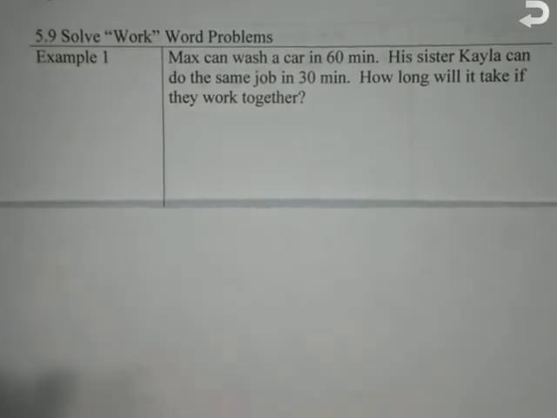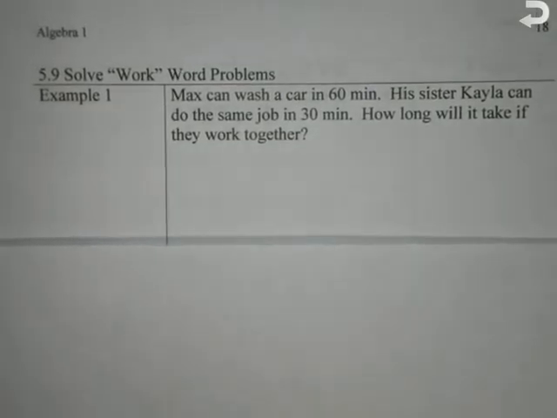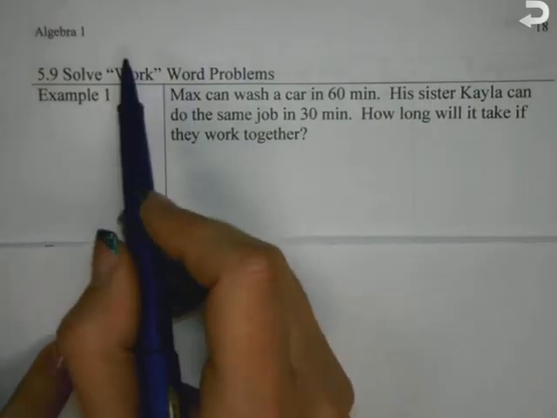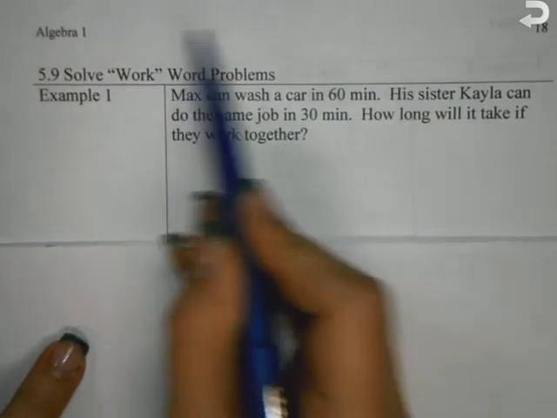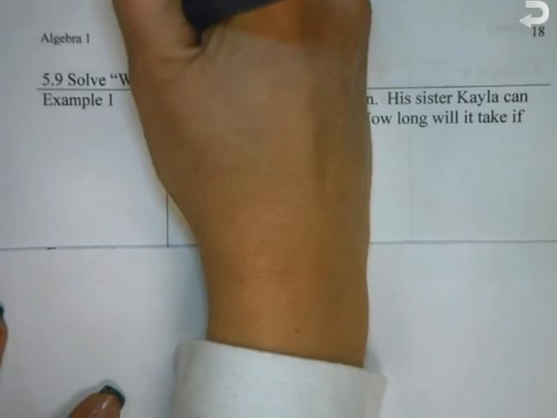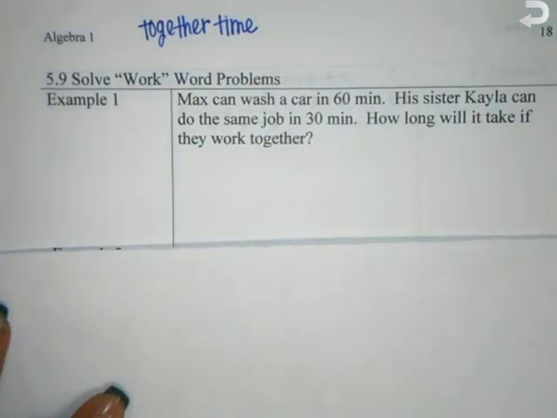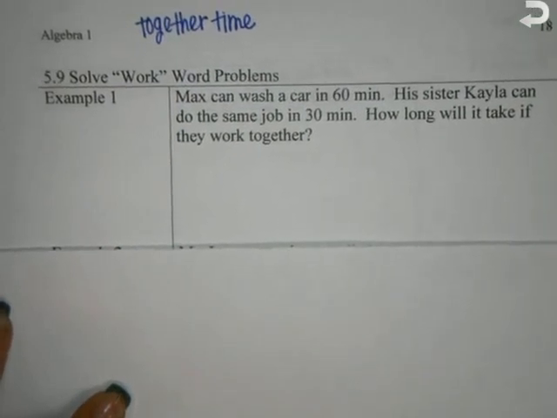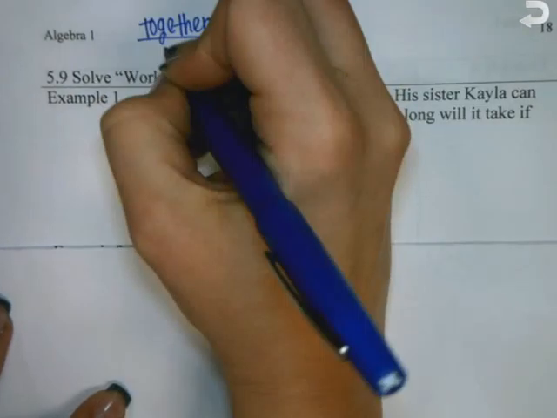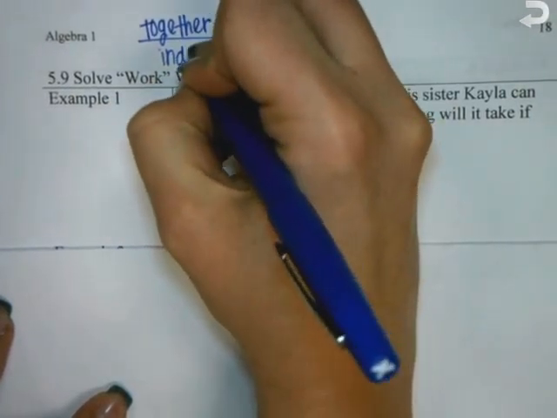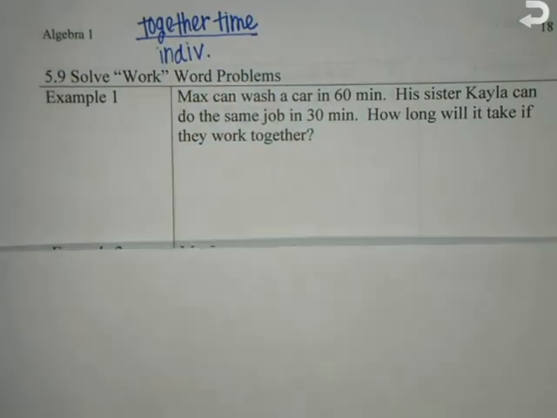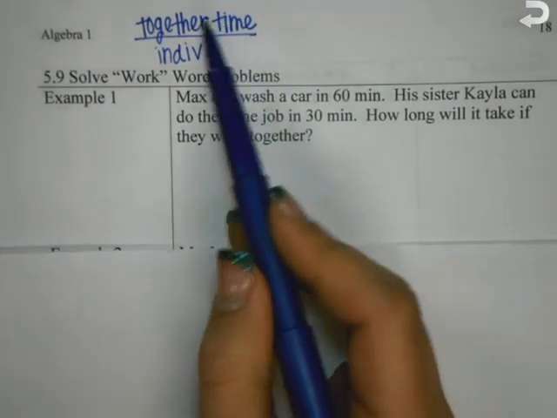Okay? Now, for these work problems, we have a formula that we're going to follow every single time. I'm going to write this at the top of my notes, so whatever you're doing, write this at the top right now so you don't miss it. We're going to take the together time, so however long it takes them to do it together, and you divide that by individual time. So however long it takes them to do together, divided by one individual's time,